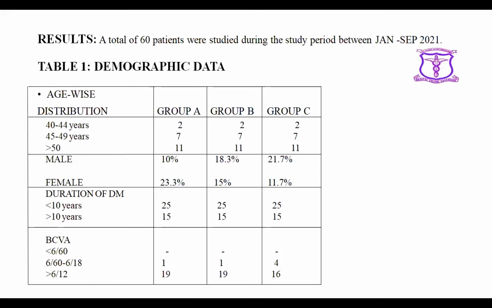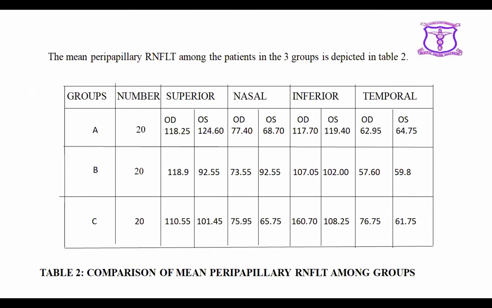So, a total of 60 patients were studied during the period between January to September 2021. This was Table 1 showing demographic data. Age-wise distribution was divided into 40 to 44 years, 45 to 49 years, and more than 50 years. Duration was divided into less than 10 years of diabetes and more than 10 years of diabetes. This is the table showing comparison of mean peripapillary RNFL thickness among the groups in superior, nasal, inferior, and